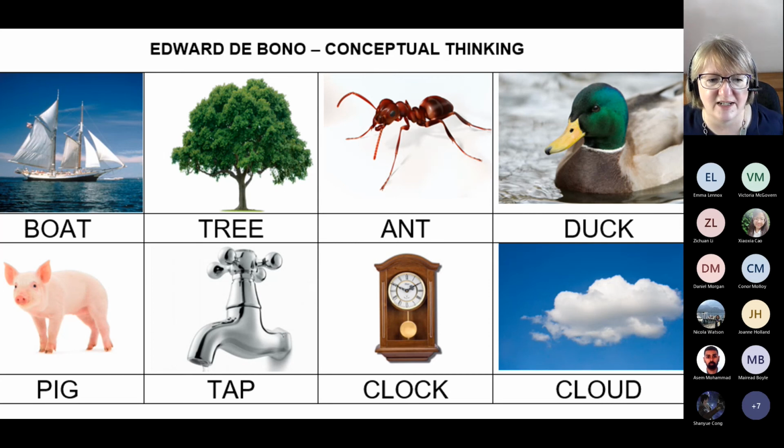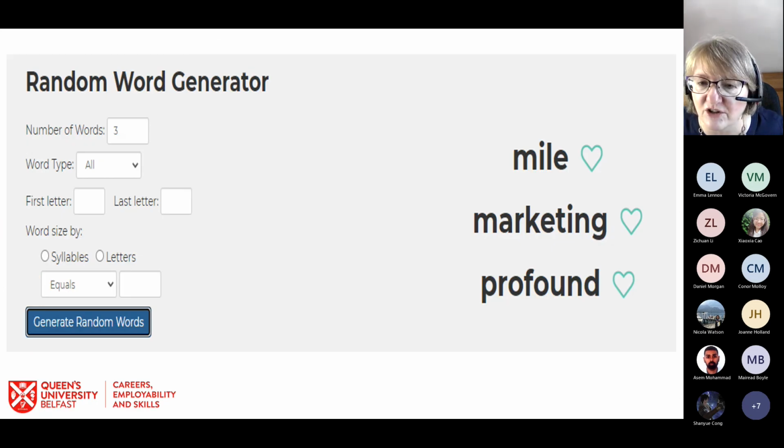Okay. So moving on then. Another strategy, and I think quite a good and quite a fun one too, is just to use a random word generator. So it's something that you can just Google, and as you can see on that particular example there, you can put in the number of words that you want to use, maybe the length of the letter and stuff like that.